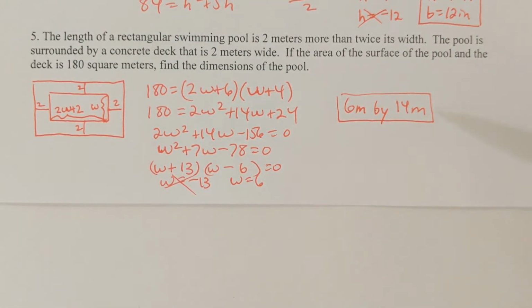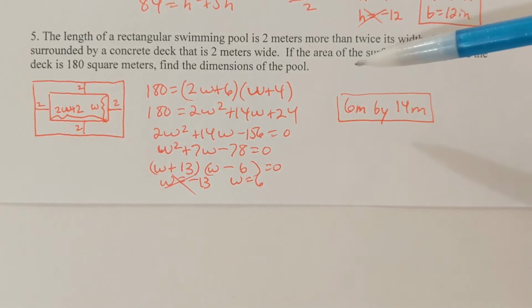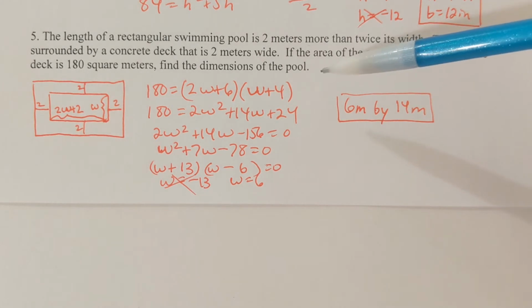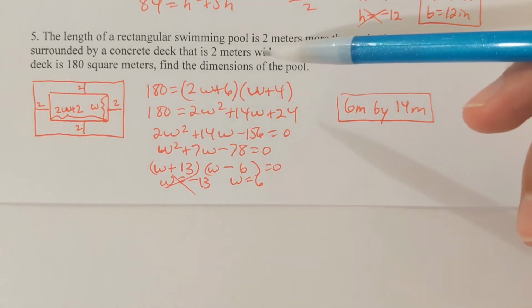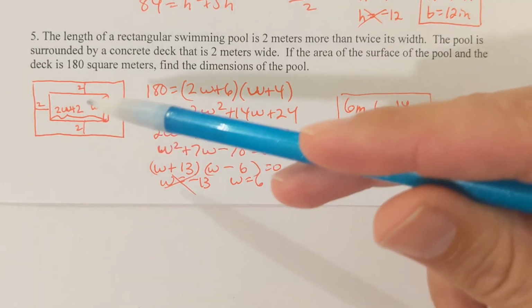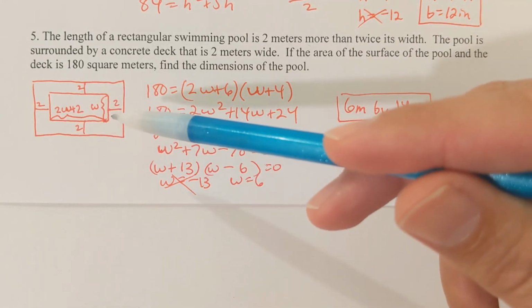Problem 5. The length of a rectangular swimming pool is 2 meters more than twice its width. The pool is surrounded by a deck that is 2 meters wide. If the area of the surface of the pool and the deck is 180 square meters, find the dimensions of the pool. Okay, so we got this pool and a deck that's 2 meters wide